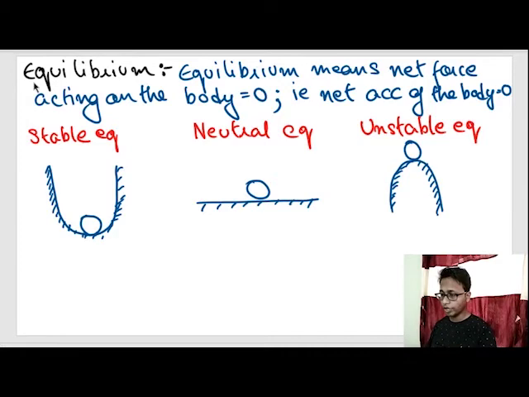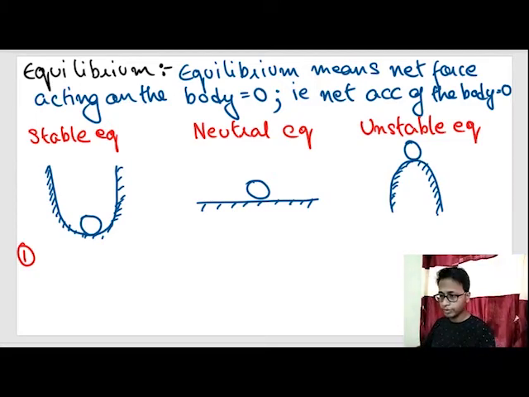So for the definition of equilibrium, all three are in equilibrium. The net force out here is also zero, the net force out here is also zero, and the net force out here is also zero. But what happens when you displace a little? Things behave differently in these three conditions. So let us write the first condition of equilibrium. The first condition of equilibrium means net force is equal to zero. And how can net force equal to zero be written?